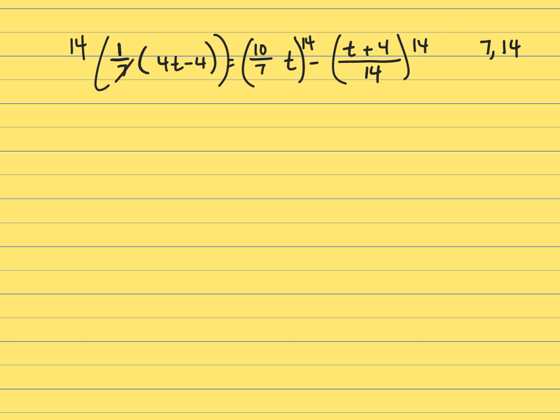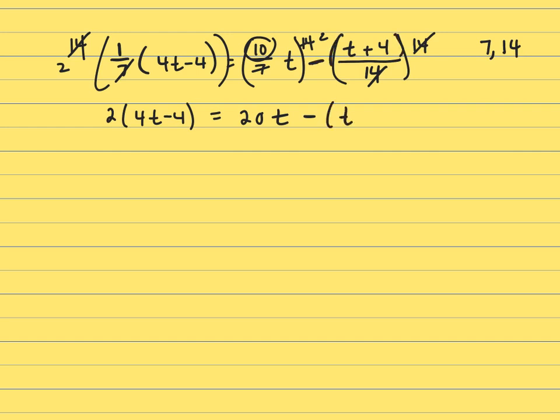So here, 7 goes into 14 two times, and that leaves me 2 times 4t minus 4. Notice I'm just clearing my fractions. I'm not getting rid of my grouping symbols as well. Here, 7 goes into 14 two times. 10 times 2 is 20, so 20t. And then minus, here the 14s cancel, but look how you have a minus sign in front of two